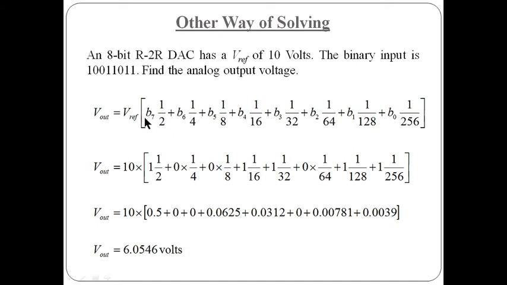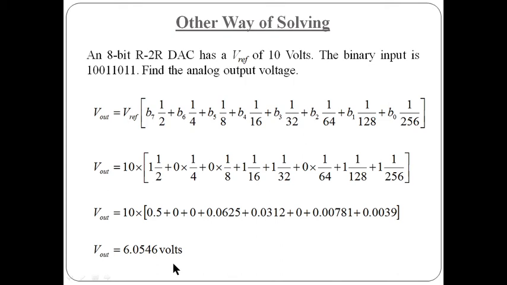You already know that we are taking this 8-bit, which means we need to start from B7 and end at B of 0, and this is the formula. We already used this formula in the numericals also. So V of output is equal to 10 into 1 by 2. The value of 1 is coming from this, value of 0 is coming from this, and the values of all these bits we are going to take from the digital signal here, or the binary input.